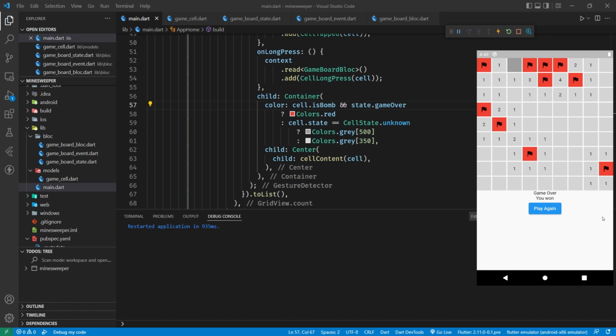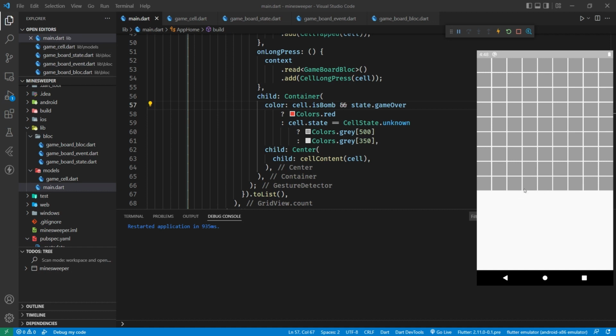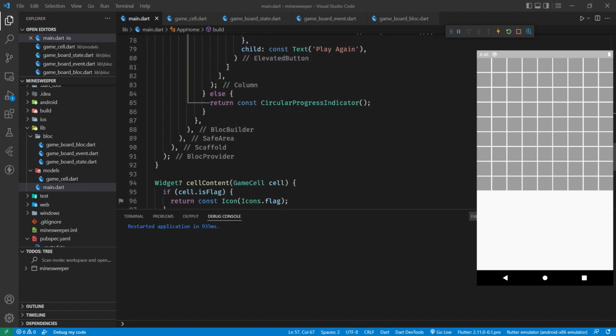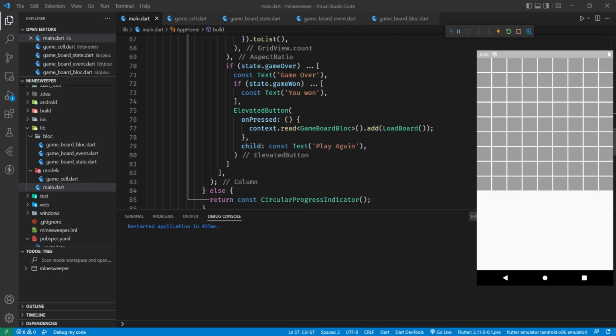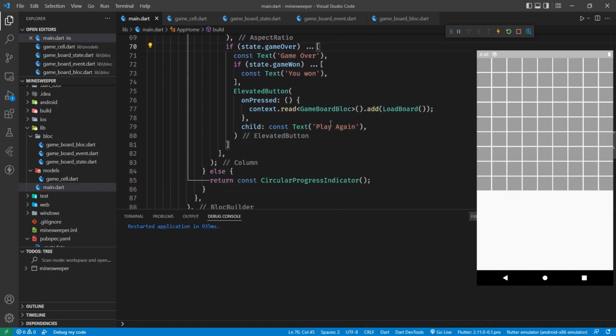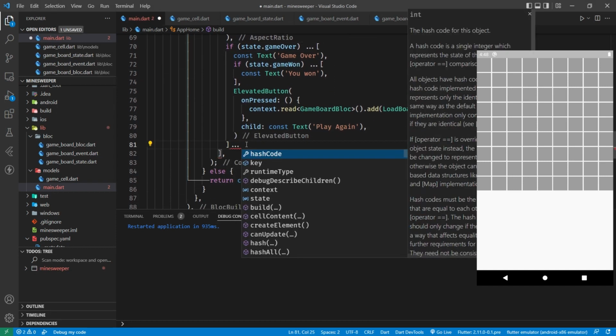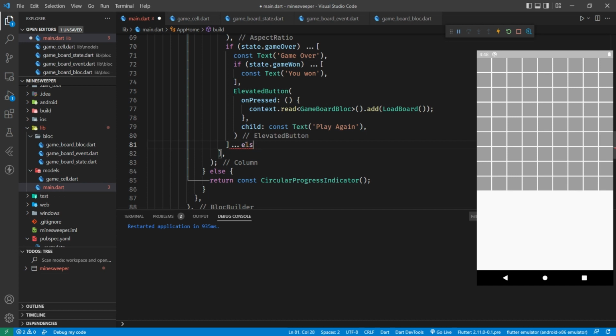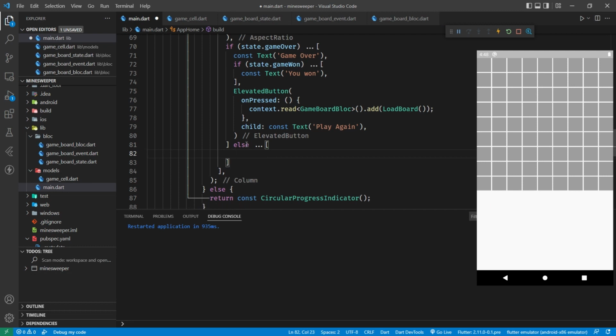Right. So that is that. There's one more thing to do, and that is the actual game has a counter at the bottom when you're playing it to show you how many bombs there are and how many flags you've put down. So let's put that in. I think we've got all the data we need to do that. So I need to find our game. So if the game is over, else if the game, oops, wrong way around, else if the game is not over, so if we're playing,